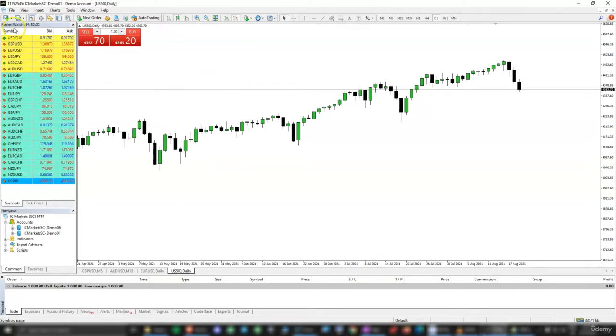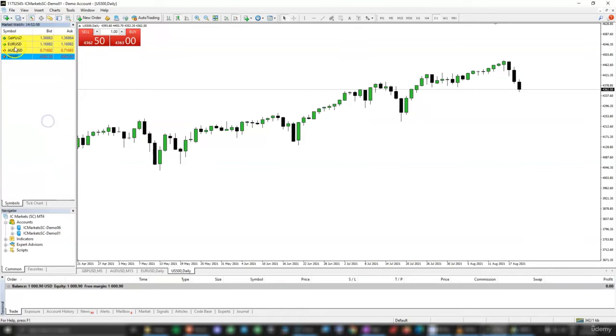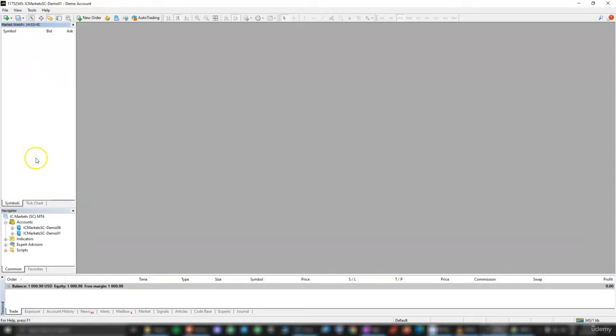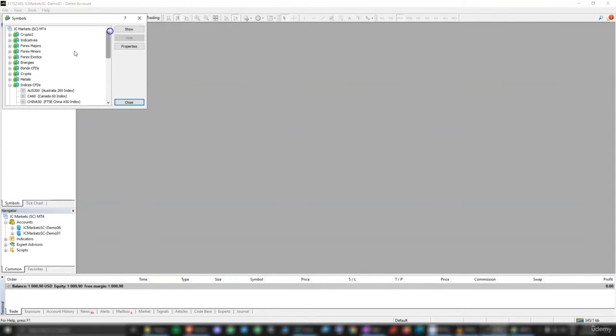In here you have the market watch. This is the list of symbols that you can trade. So if I right click here and click hide all, they're all going to be hidden apart from those that are opened here in those windows. So I'm going to close each window from here. Now they all disappeared. And if I right click symbols, in here you have a list with all the symbols